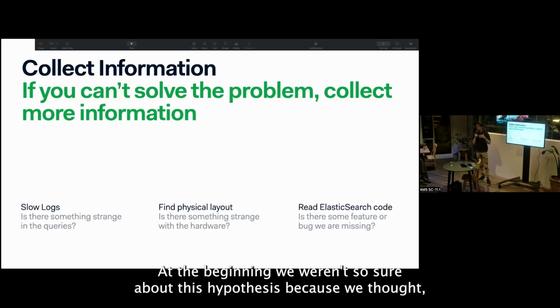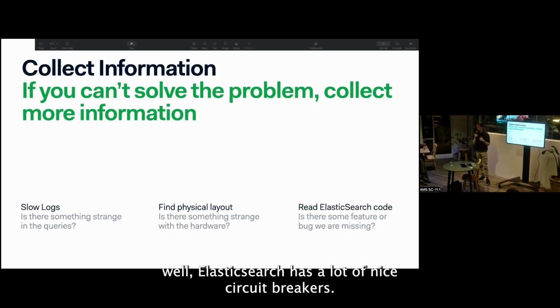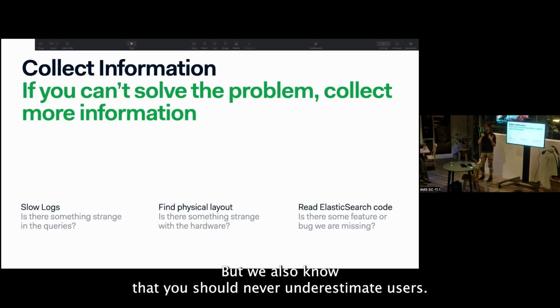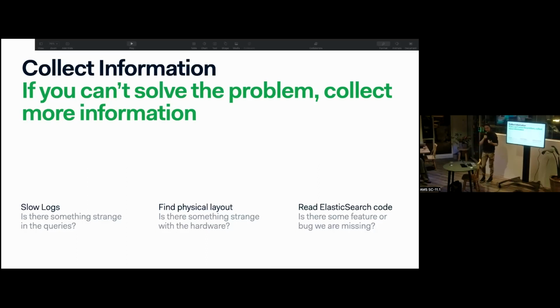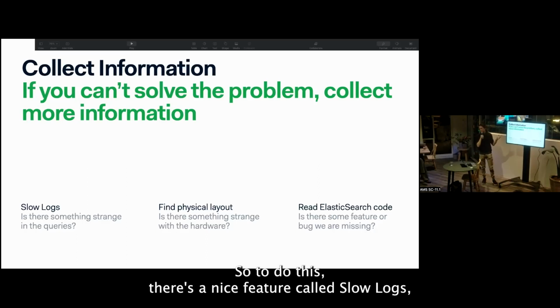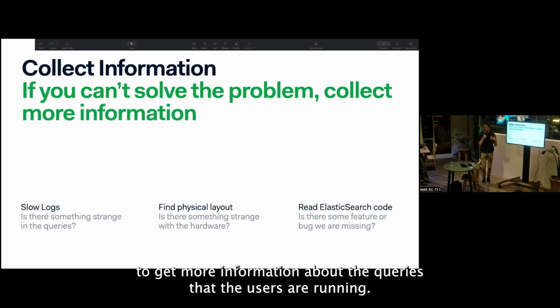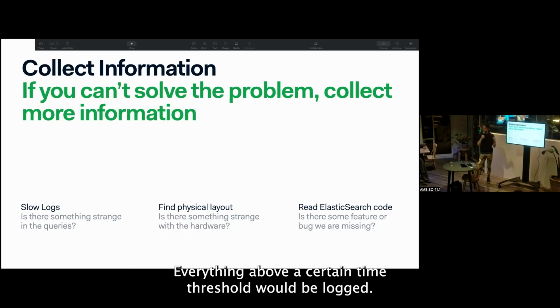At the beginning, we weren't so sure about this hypothesis because we thought, well, Elasticsearch has a lot of nice circuit breakers. It has a lot of tools to stop users from doing stupid things. But we also know that you should never underestimate users. So to do this, there's a nice feature called slow logs, which we could then enable to get more information about the queries that the users are running. Everything above a certain time threshold would be